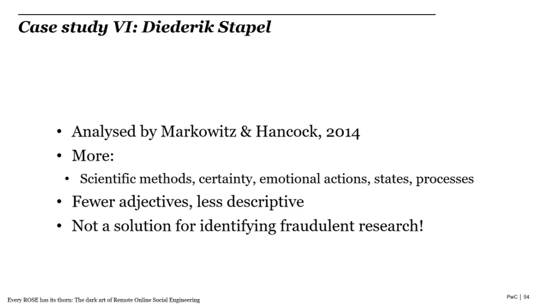And as a result, two researchers decided to look at all of his published papers and see if they could work out if there were certain markers in the fraudulent papers so that they could use that as a distinguishing measure. And they found out that they could. They caveated it that it wasn't 100% accurate. It was something like maybe 65% accurate. But the fraudulent papers did display certain characteristics which weren't there in the genuine papers. So that's just an interesting example of how linguistic markers can potentially be used in written text to indicate deception is happening.